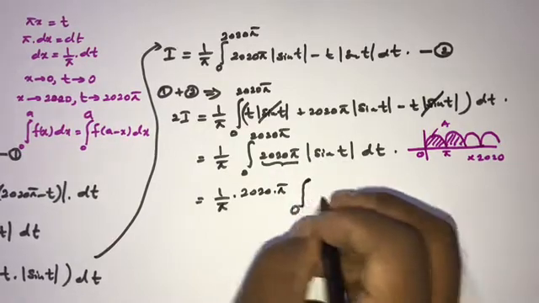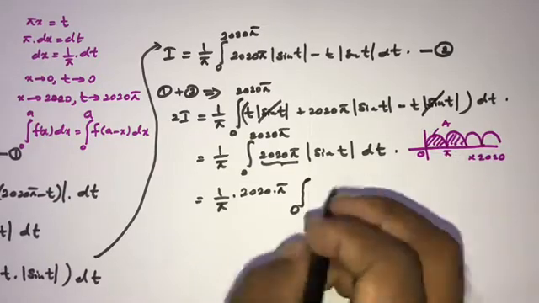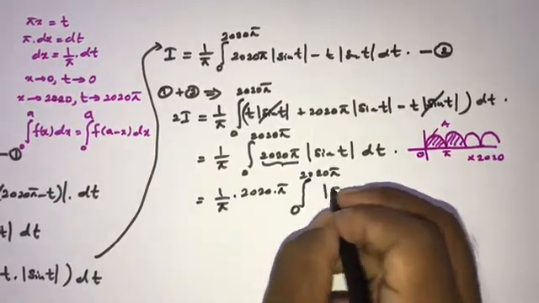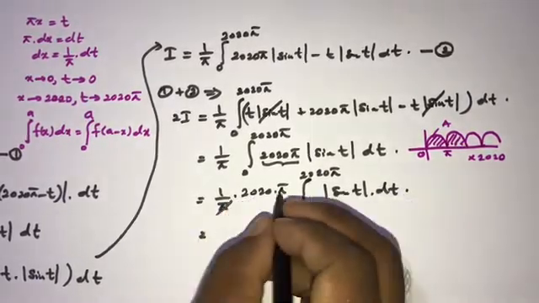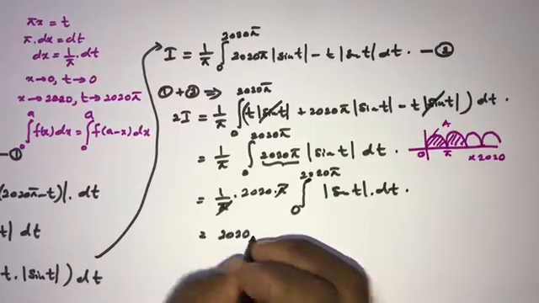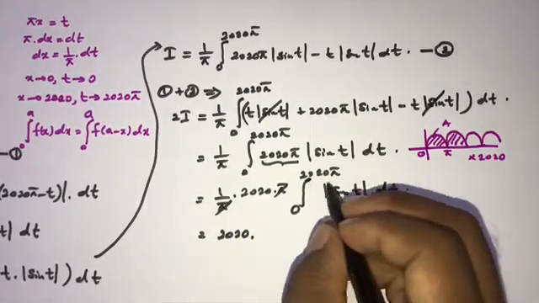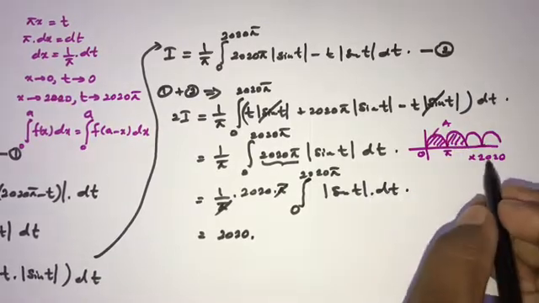I rewrite, and next time I'm going to simplify. So 2020 pi absolute value of sine of t dt, and now this pi gets cancelled, here 2020, and now we can write this integral: absolute value of sine of t, this area is repeated, we know repeated 2020 times,